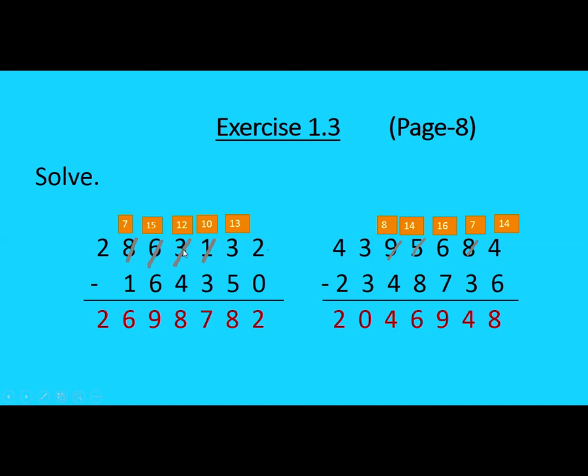When we get borrow from here, then 3 will be changed into 2, and 2 minus 4, subtraction is not possible. Again we get borrow from the next value, it will become 12. 12 minus 4, we get 8. In the same way, this is 6, and when we get borrow from here and we gave that borrow to the 2, then it will become 5. So we get borrow from here, because 5 minus 6 is not possible, we will make it 15. 15 minus 6 is possible, we get 9.